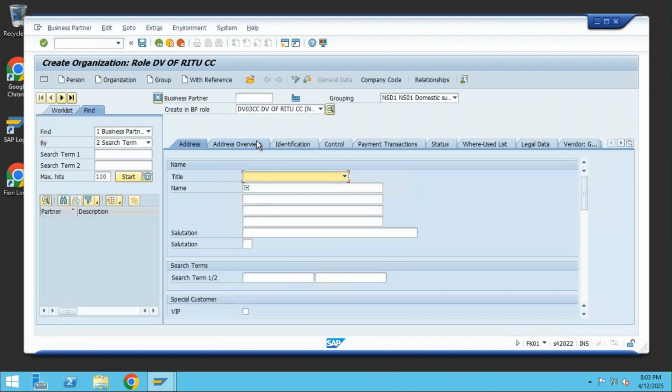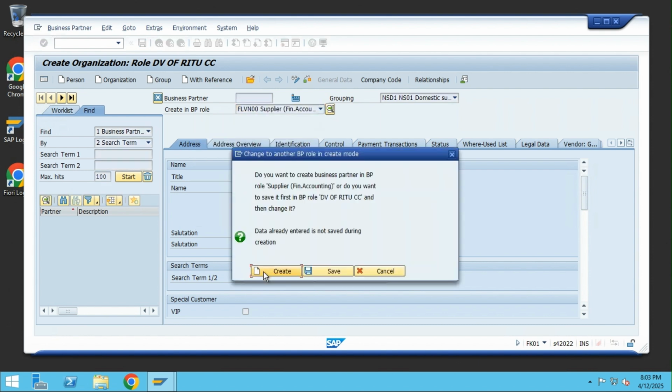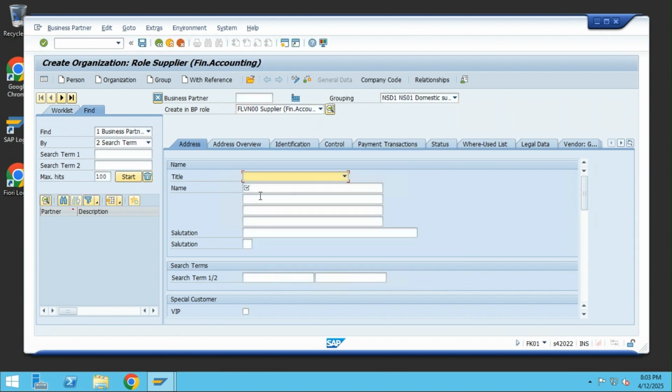So creating supplier. Now we need to change, okay, so this one grouping is correct, and we need to change the role. So create BP. Now we are looking for FLVN00. So there is a supplier role. Create there. Yes. And then we can say